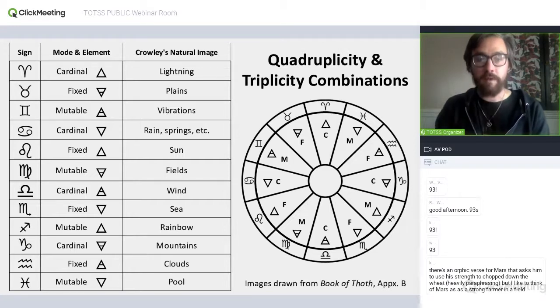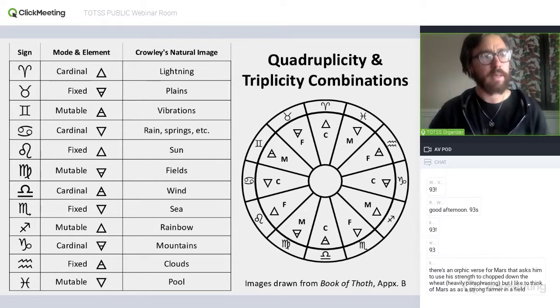So interesting to think of lightning, sun, and the rainbow as fire in three different modes, right? I mean, lightning, cardinal, is the quick, fast inception of something, and lightning is absolutely that. Compared with the sun, which is a steady, constant brightness. And then the rainbow, Crowley's images for the mutable signs are interesting.